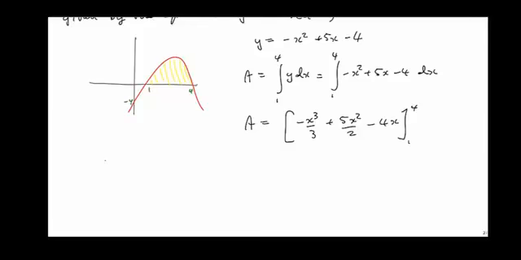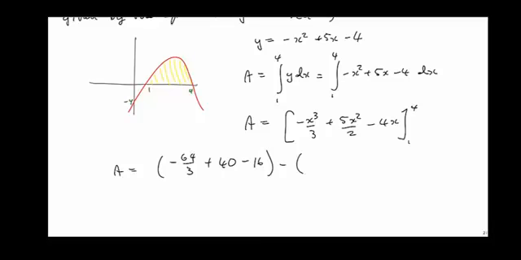So we substitute in 4 as x, so that would be minus 64 over 3 plus 5 times 16 over 2, which is 80 over 2, so that's 40, and minus 4 times 4 is 16,